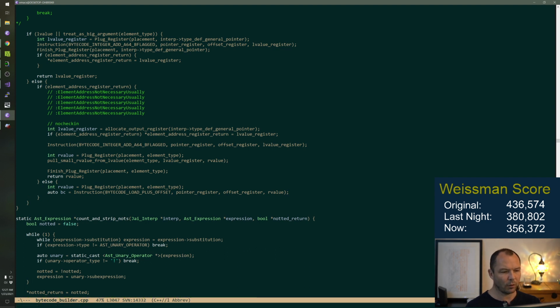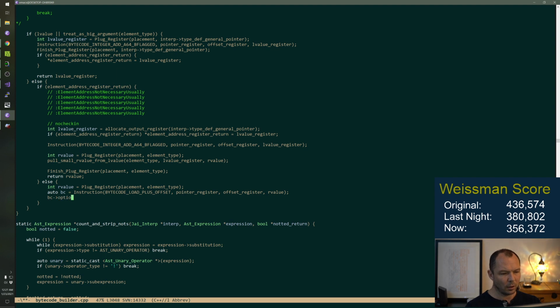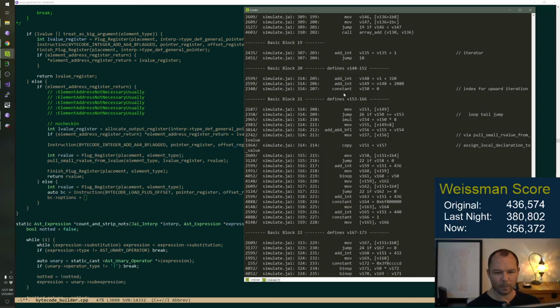We're going to load plus offset BC options equals, oh, this is not a constant offset. We can't do this. Can't do it.